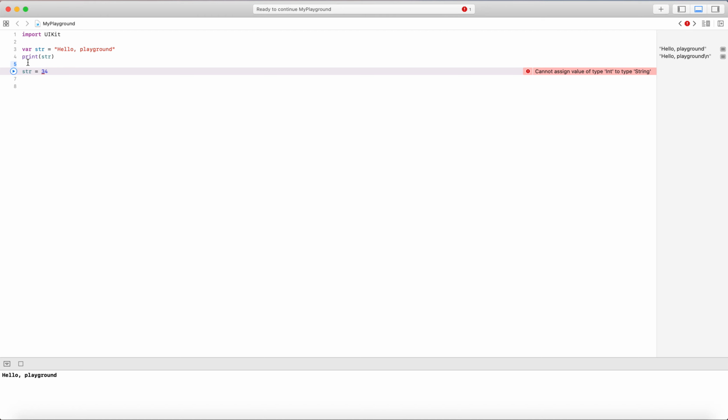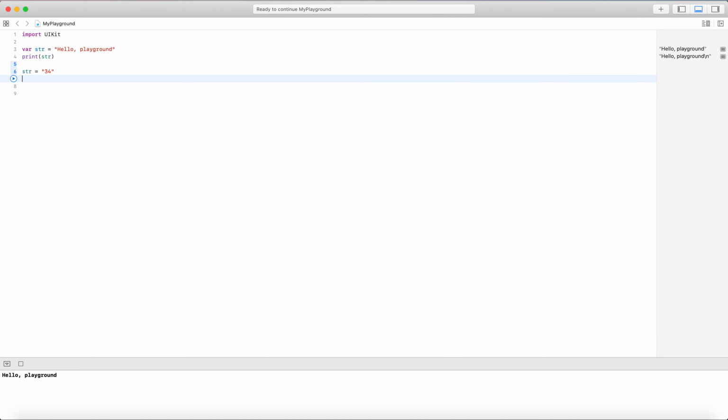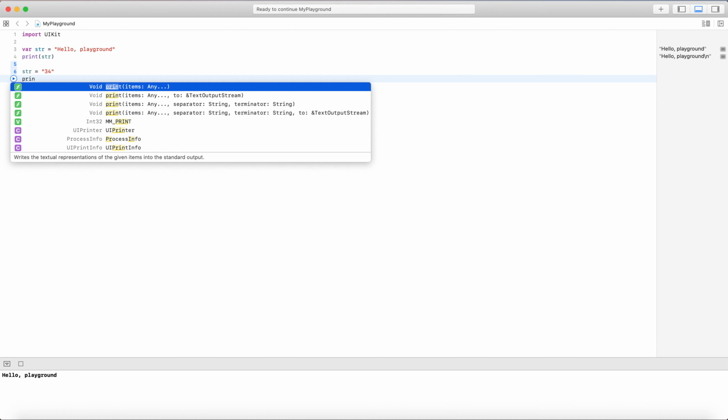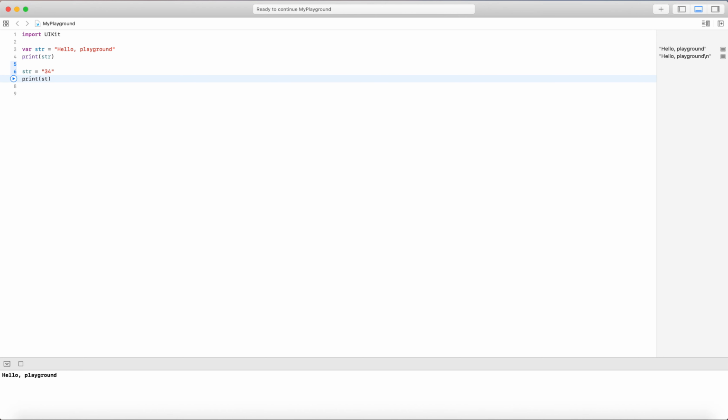But if you assign a string value, then it will pick up the value. As you can see, the 34 is printing on the console. So this is all about the string data type.